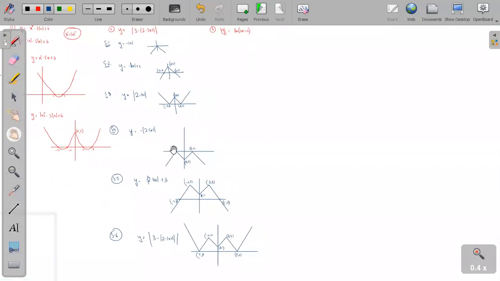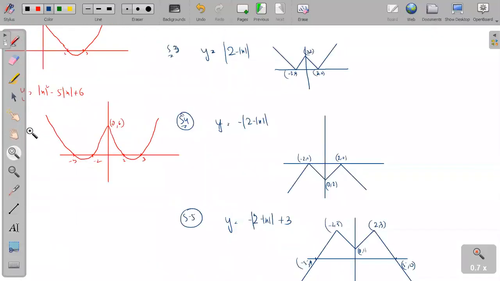Go through the steps. Any doubt you can ask? How many have got it correct? Just don't raise your hand, just drop the message in the chat box. How many have got it correct? Good, good, good. 1, 2, 3, 4, 5, 6, 7, 8. Okay, very good. So many have got it correct only. Very good. Let's do the last one.